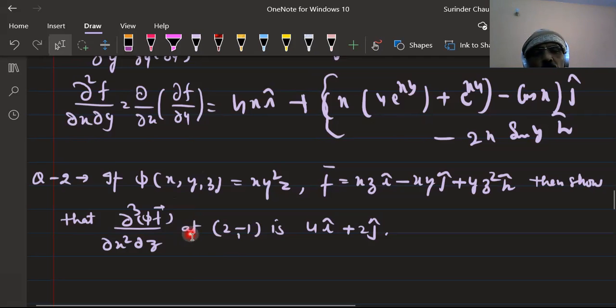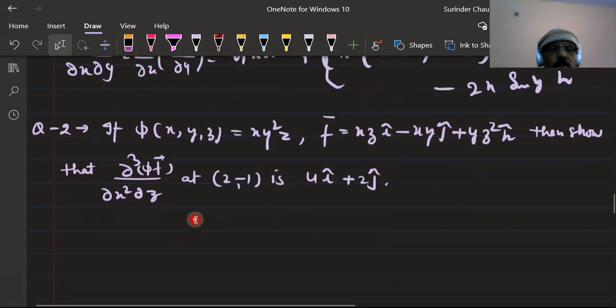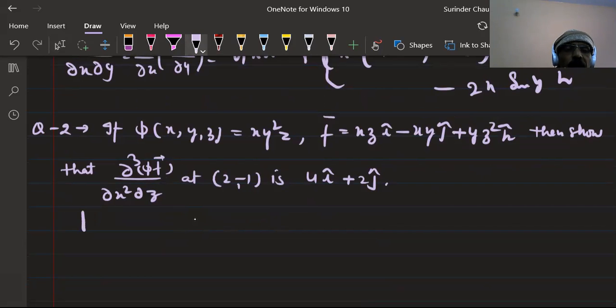First we have to find the phi into f. Phi into f vector is equal to, we multiply this with this, is equal to the scalar. This comes out to x square,